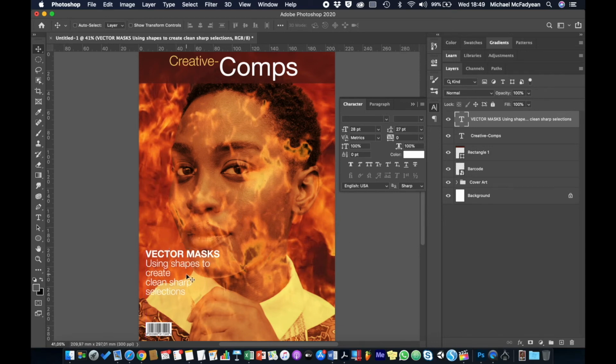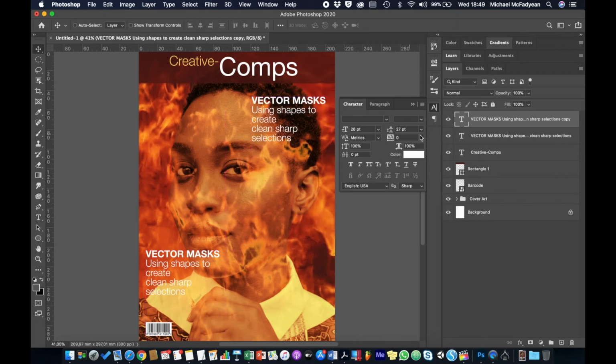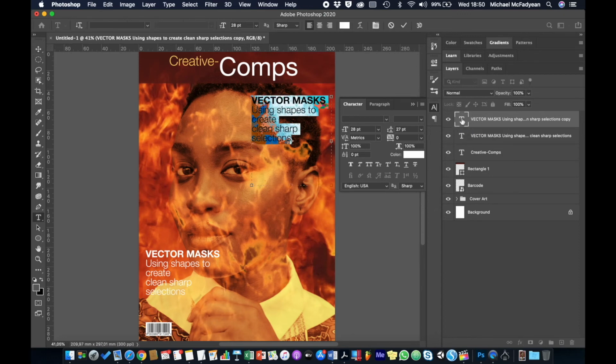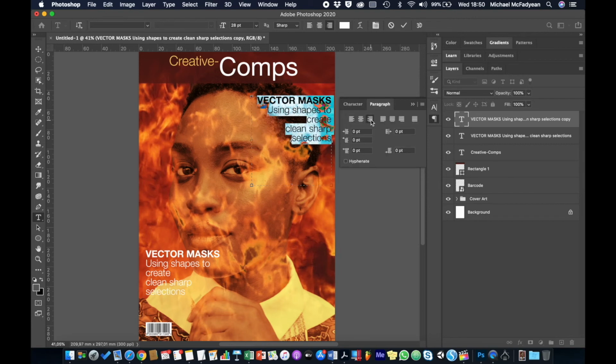Alright, and I'm going to use the same for the next story title. So Alt, drag, it makes a copy, and I'll put that up here. And to access the editing tools, I'm just going to double click on the T icon in the layer, and then go to paragraph, and I'm going to align this to the right. And then I'm just going to change it to